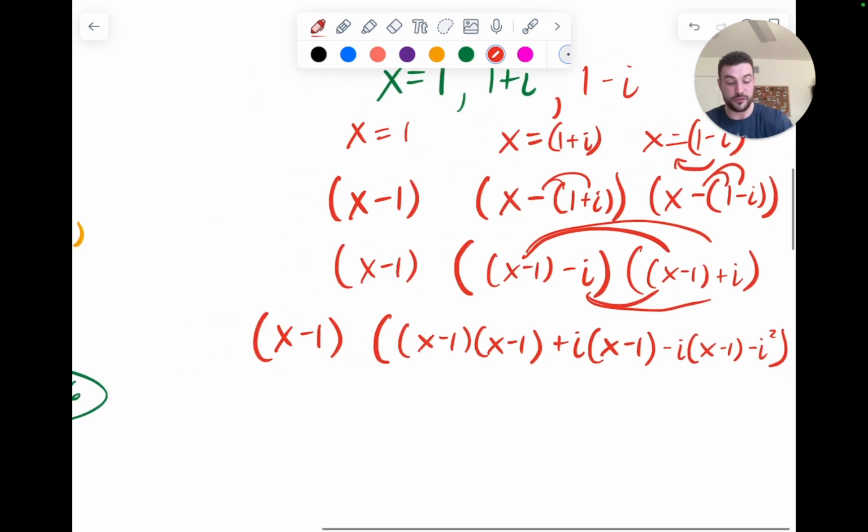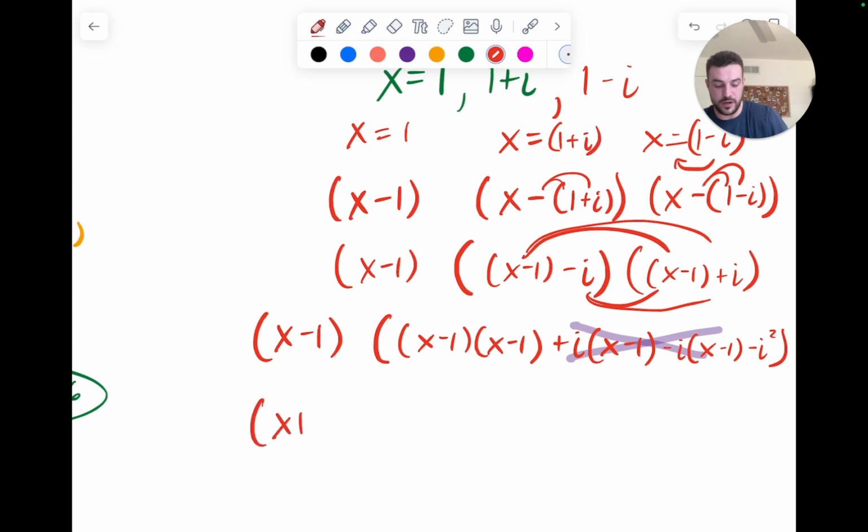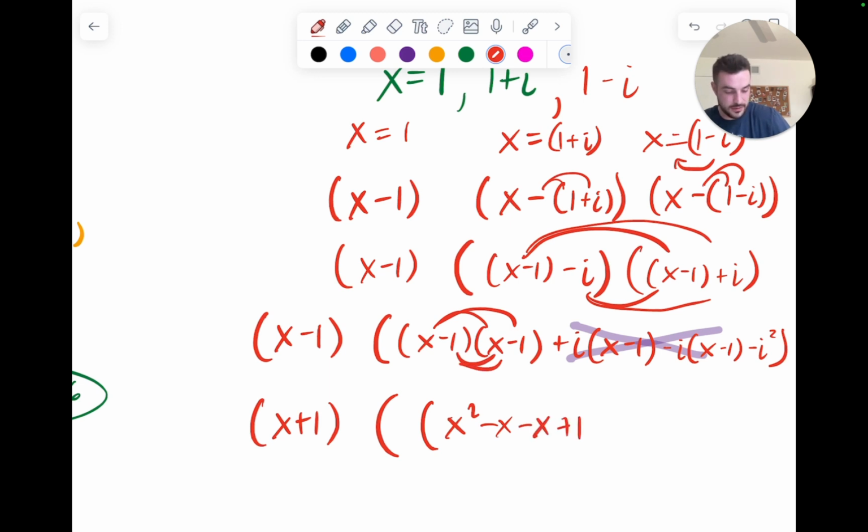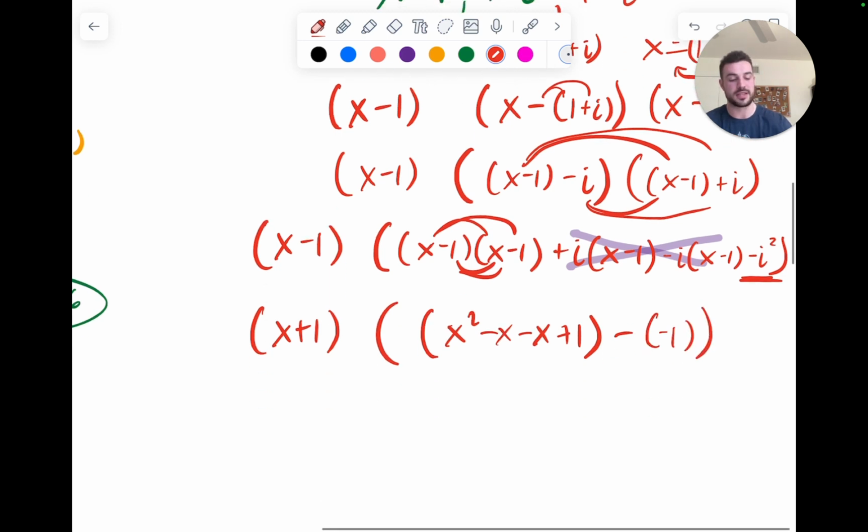So just like before, our middle terms should cancel each other out. So that helps us. I've got my x plus 1 in front. And now I can actually simplify this. We should be pretty comfortable doing it. But first, outer, inner, last. And then at the end, I've got a minus i squared. Well, we know i squared is negative 1, so I'm going to go ahead and replace that,